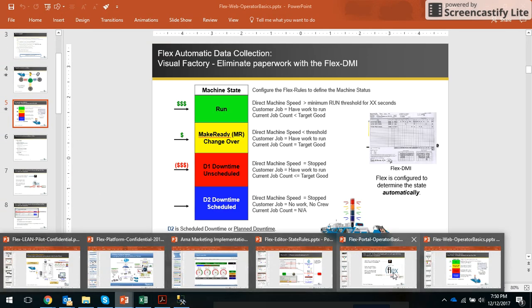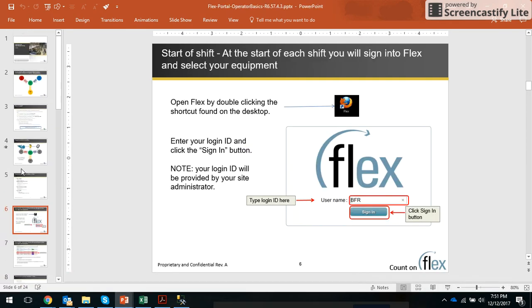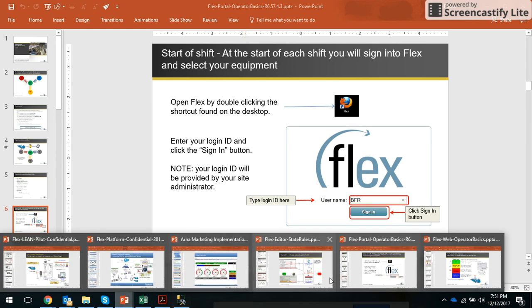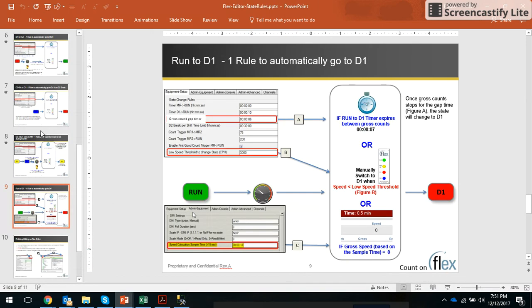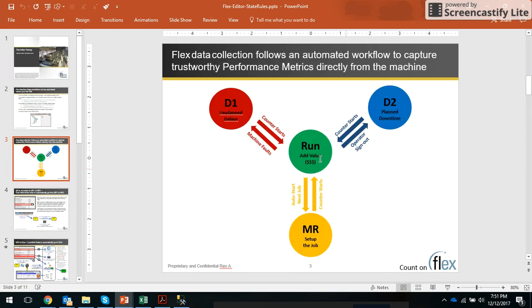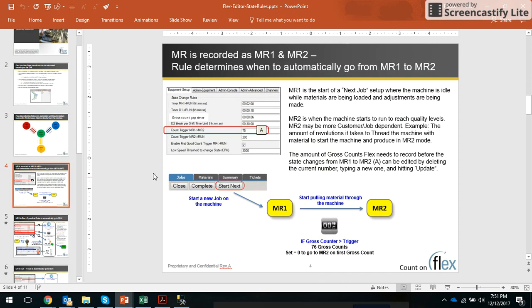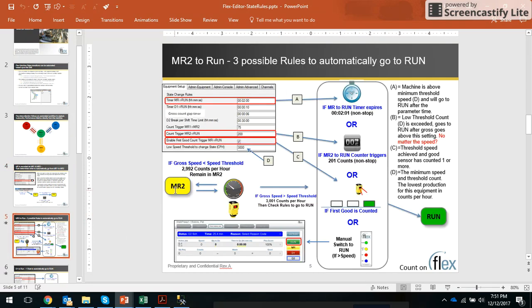We need to have different ways that we can communicate these different states and talk about how value is added, and the different ways that the Flex editor can change these states as we run between run state, downtime state, make ready state, planned downtime. There's lots of different places that we can talk about how we set the rules to transition between these different states of make ready 1, where there's nothing going through the machine, make ready 2, where there's starting to be material going through the machine, and then we transition out of make ready 2 and go into a